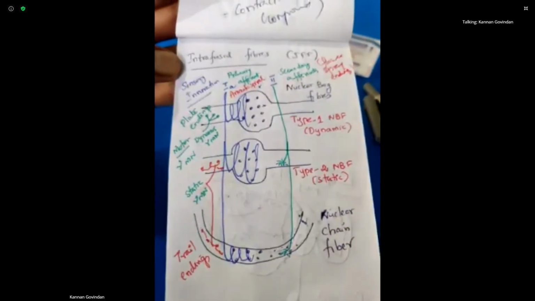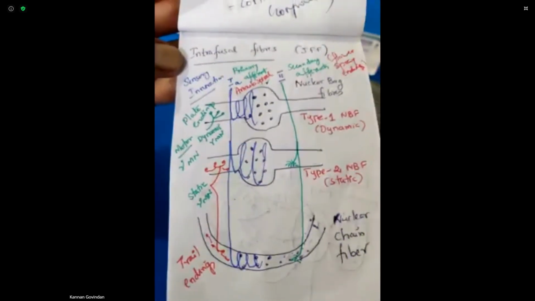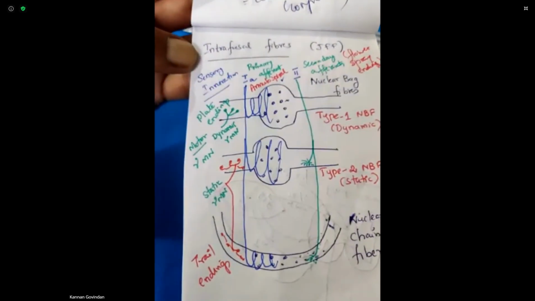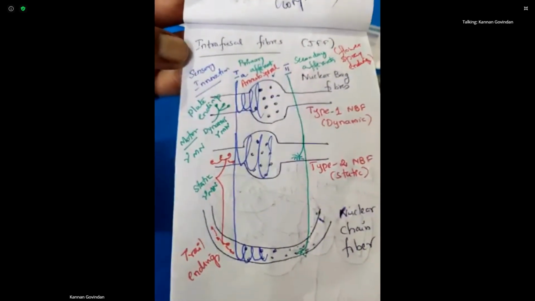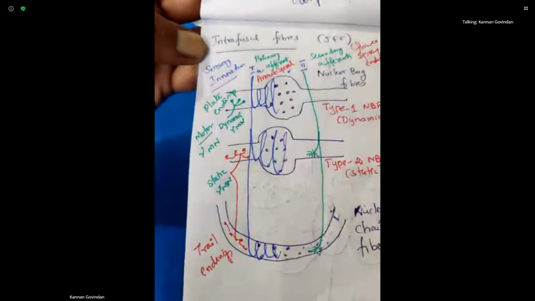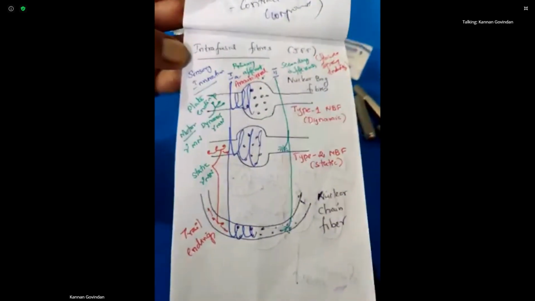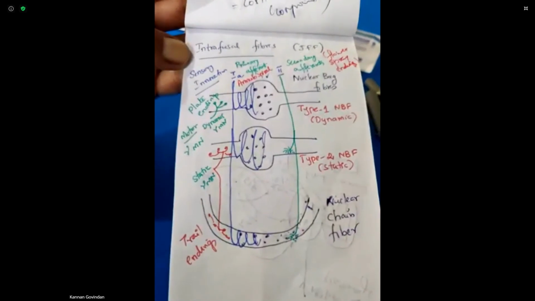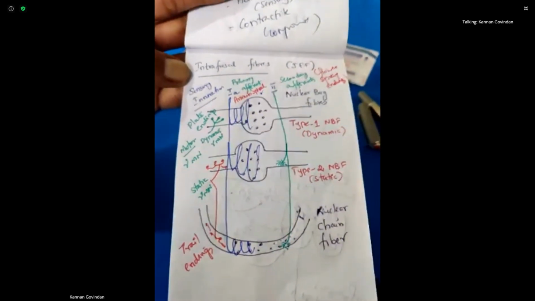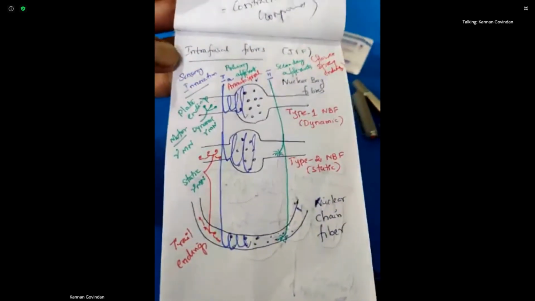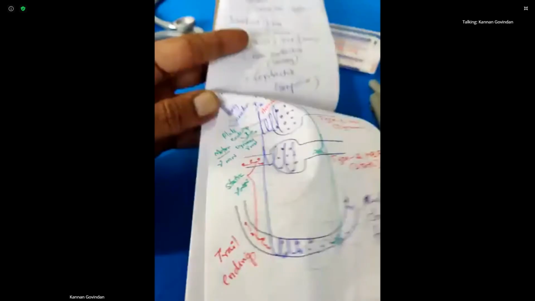This is sensory innervation. Coming to motor innervation, the motor innervation to the muscle spindle is by gamma motor neurons. We have 2 types of gamma motor neuron: dynamic gamma motor neuron and static gamma motor neuron. Dynamic gamma motor neuron supplies only the dynamic bag fiber. Static gamma motor neuron supplies the static bag fiber and chain fibers. Dynamic gamma motor neuron forms plate endings. Static gamma motor neuron forms trail endings. They trail.